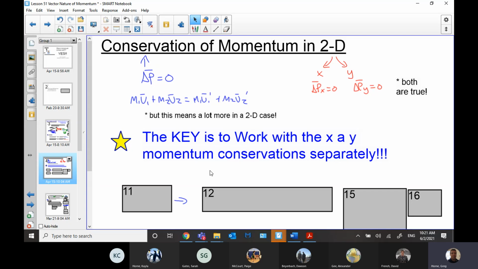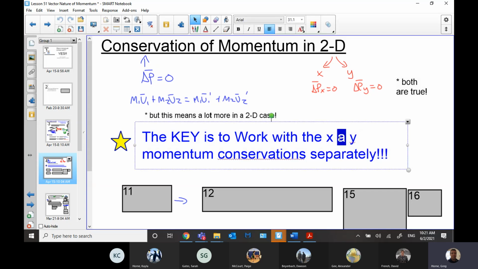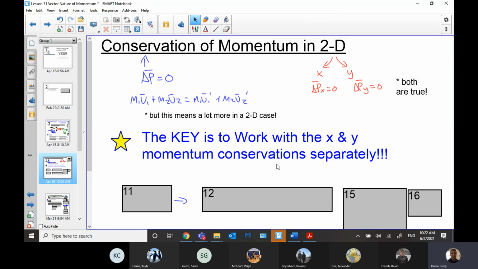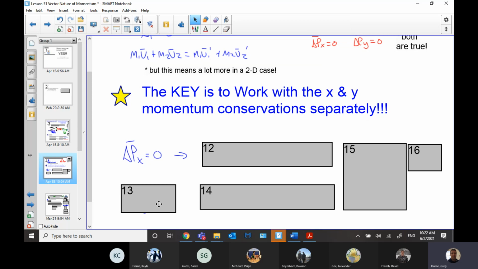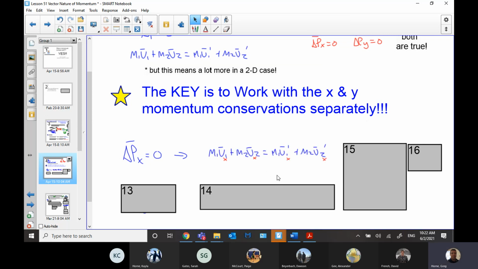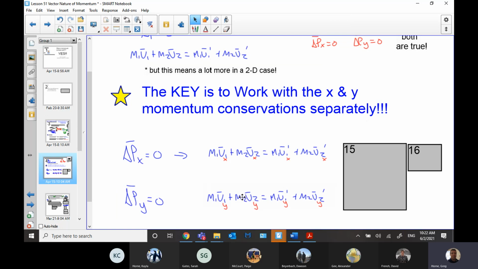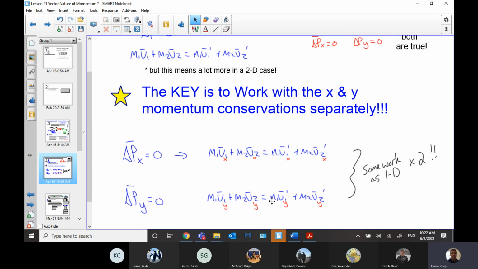Okay, so you have to work with the x and the y. That's supposed to be an and symbol there. Just noticing, oh, it looks like there's a spelling mistake. No, maybe not. Momentum conservations. It's just not grammatically common, I guess. But momentum conservation, because there's two of them separately. So let's do this. We've got momentum in the x direction, just like we showed a long time ago. We didn't need the x, but now we do. Momentum in the y direction is conserved as well, so we've got that. And so, same as the one-dimensional work, just more of it. Double the amount, that's all.